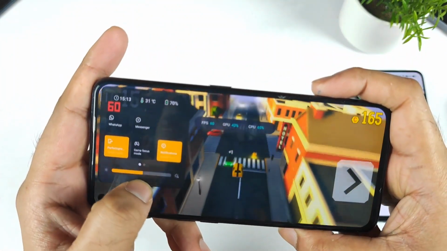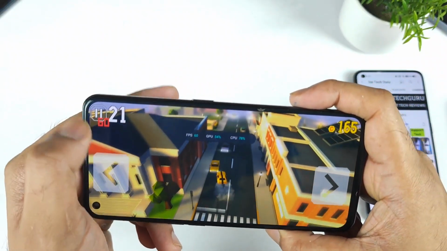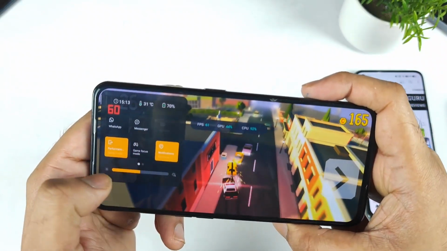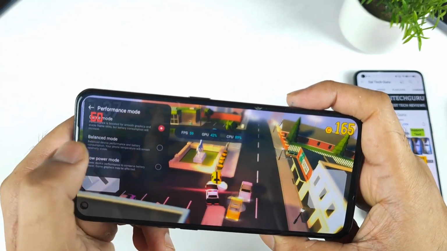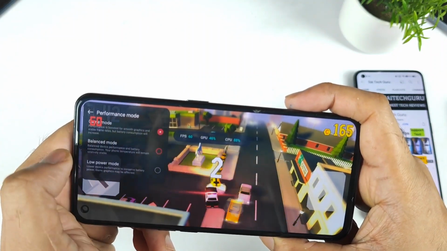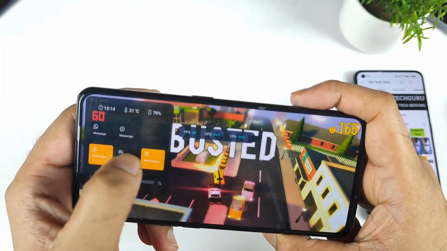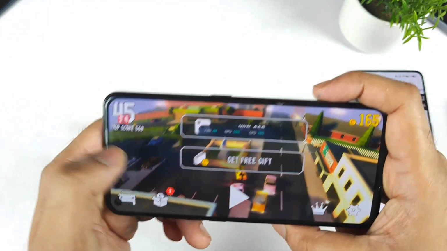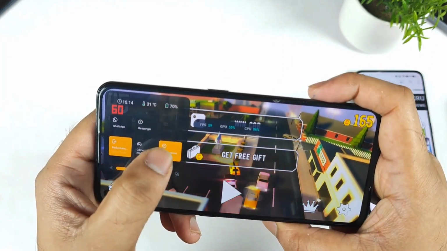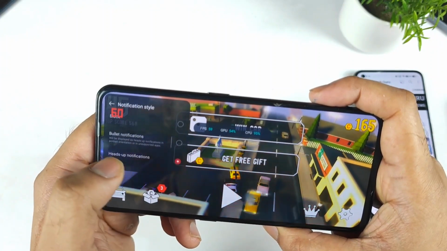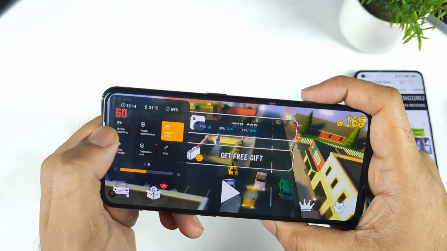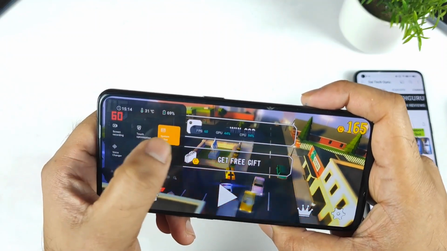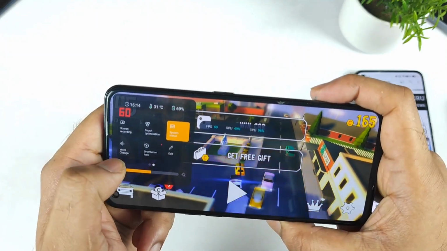You do have the brightness control gestures and the WhatsApp floating window, Messenger, you can actually get the floating window. Discord is also available directly here. And performance mode, game mode, balanced mode and low mode, you can get different kinds of modes available. And game focus mode also is there. That's also fantastic. And notifications, you can disable and enable that. So heads up notification. And next, screen recording option, touch optimization option is also available. System status means this is the real-time FPS.